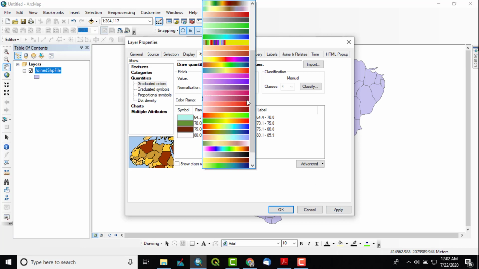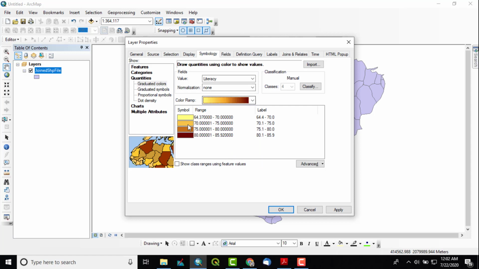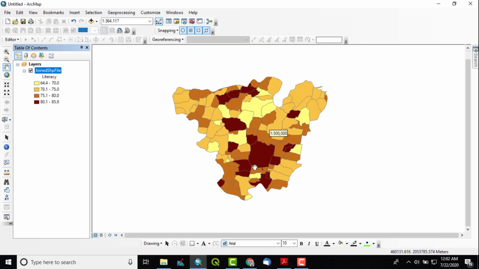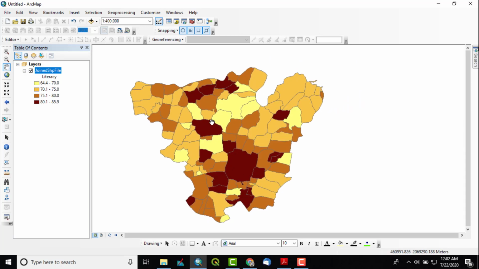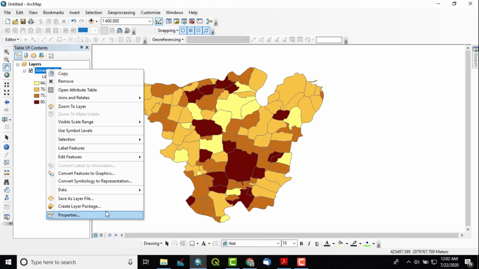You can also change the color ramp. Suppose I want to take this one, because this ramp is widely used. Apply. Okay. Immediately the result appears on our shapefile, showing which villages have maximum literacy and which have lower literacy rates.